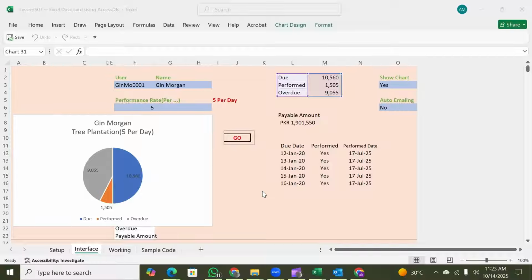So for this, only a simple email is required, and the user, being a user, does not need to have any direct access to the Microsoft Excel or Microsoft Access database. So sending an email will be enough, and it will reach to the